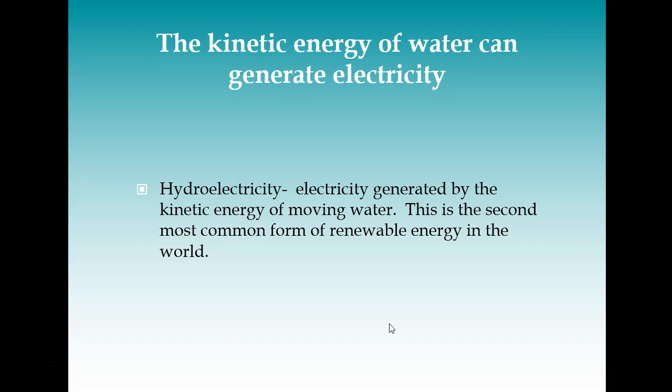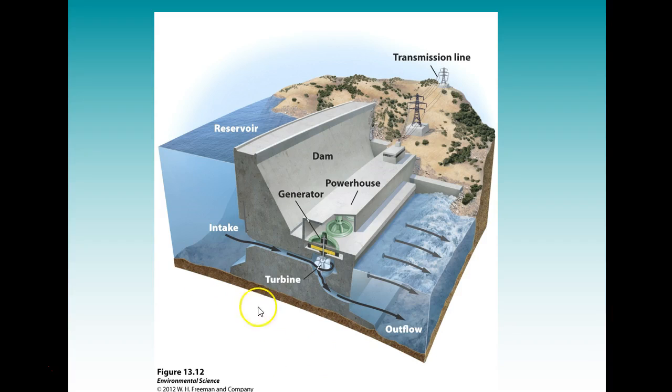Hydroelectricity is another form of renewable energy. Basically, we take advantage of moving water. Moving water has kinetic energy because it is moving, and using that moving water to spin a turbine to generate electricity just takes advantage of the fact that water is there, it's moving. Now we're just taking advantage of its motion, whereas it might have normally passed through this area. By building a dam with a turbine and a generator, we can create electricity just from that natural movement of